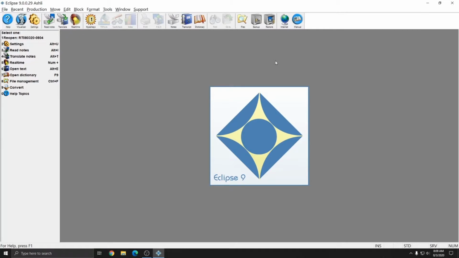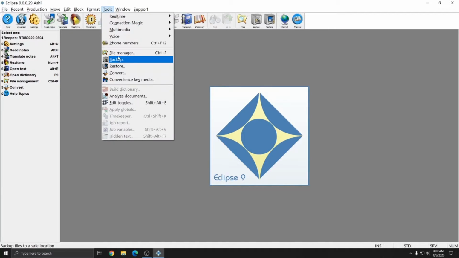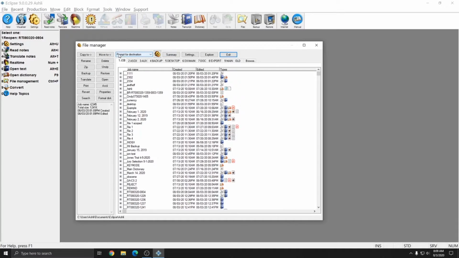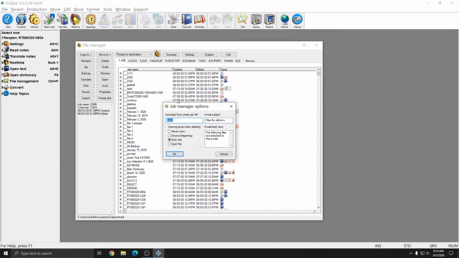Using Eclipse to zip and unzip files is as easy as finding and selecting the file and pressing the zip or unzip button. You can access the File Manager by pressing Ctrl F or going to Tools and then File Manager. Once you're in the File Manager, there is one setting that's important to keep in mind when you're working with zip files. If I go up to Settings, you'll see that where it says Excluded from Whole Job Zip,